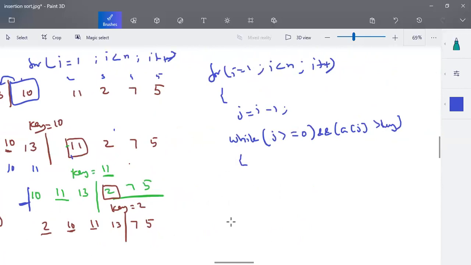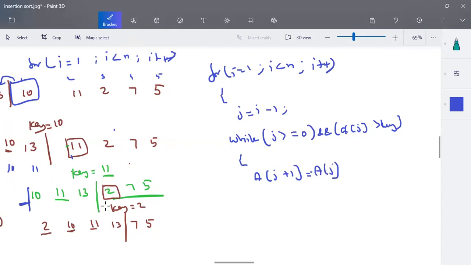And what we do in this inner loop, we'll be comparing the elements, right? A of j minus 1th element will be compared with A of j. And the comparison is actually done over here. We'll be shifting the element. So this A of j is moved to A of j plus 1. And we'll be repeating until this condition is satisfied. So we can write the statement as A of j plus 1 equal to A of j.